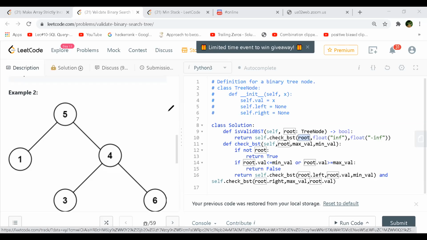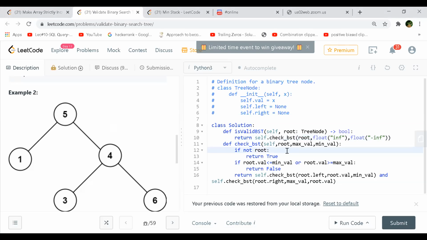So what are you using, Shah? I'm saying that if I do an in order traversal of a BST, everything should be in a sorted way. If I don't get a sorted array, then it's definitely not a valid one. But what I'm doing here is without extra space. I'm just assigning root, plus infinity and minus infinity for max and min value. If there is no root, then that's a BST. And if the root value is less than the min and the root value is greater than the max, then that's a false, because those are plus infinity and minus infinity.